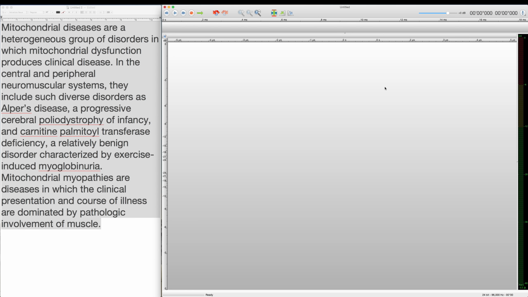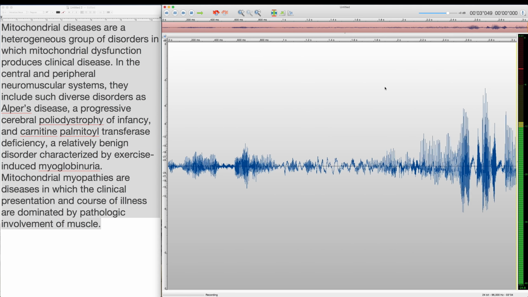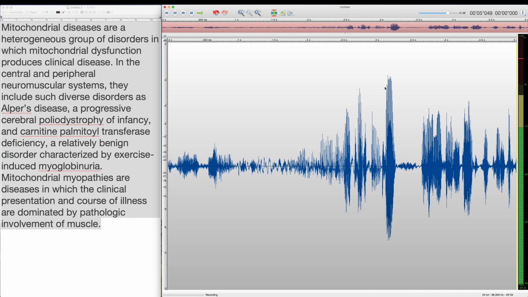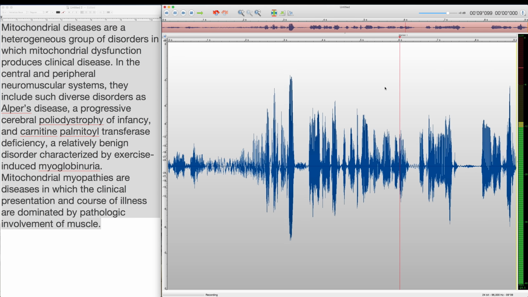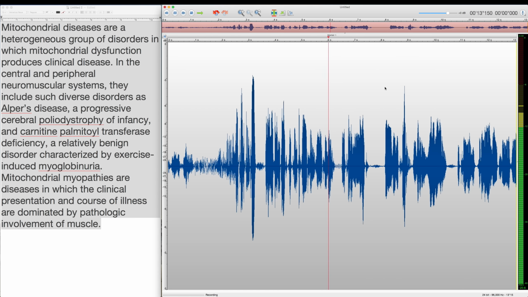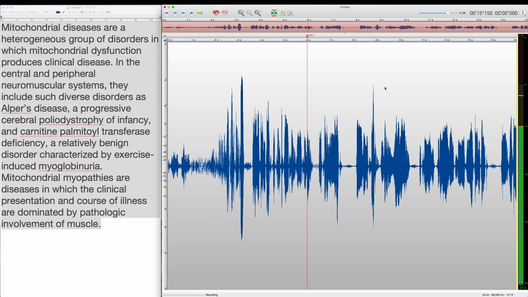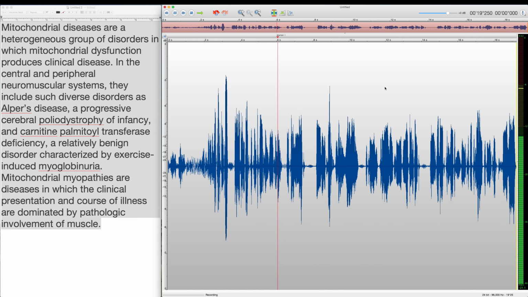So I'm using Twisted Wave on my Mac, and one of the things that really helps me is that when I'm recording, bring my microphone over here, test 1, 2. When I make a mistake, I press the M key on my keyboard and it places a mark in the recording. And this is really handy because it allows me to mark a mistake and go back pretty rapidly.